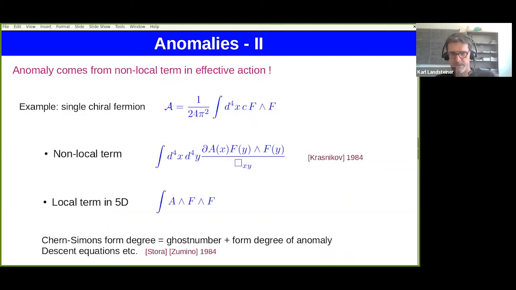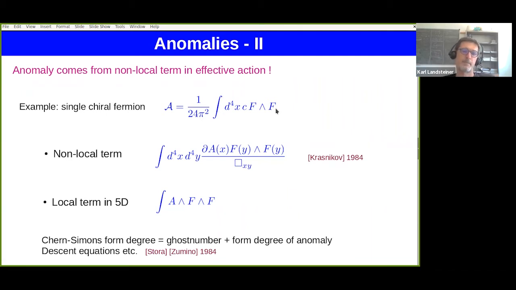Okay, so that was a basic review of triangular anomalies. And so here, for example, for a single chiral fermion, we had this result that it's E dot B, parallel E and B fields. Now I will quickly switch to form language here. So F is the field strength tensor, F mu nu dx mu dx nu. It's a two-form, the exterior derivative of the gauge field. And so the anomaly then can be written as the integral of this Chern number, if you want. So that's a local expression in the gauge fields,